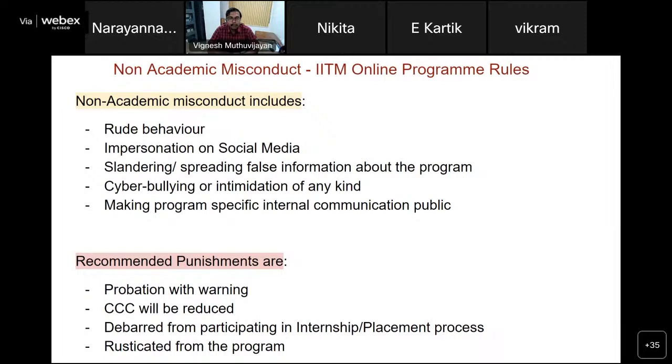All these are considered to be non-academic misconducts, and there are serious repercussions here as well. It could be a probation with warning, or you could have academic impact like credit clearing capacity being reduced, in the sense the number of courses you can do becomes lesser, or you could be debarred from participating in internship and placement processes, or completely rusticated from the program as well.